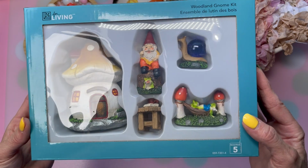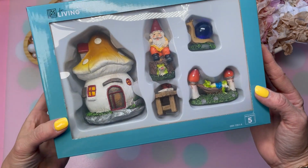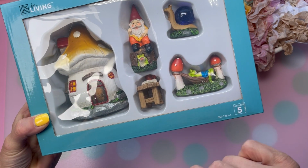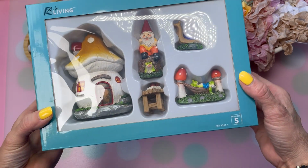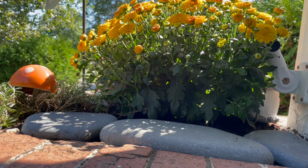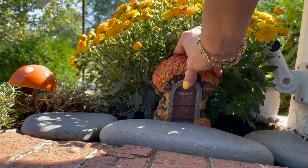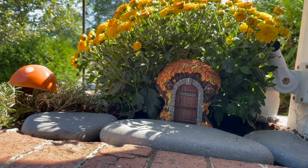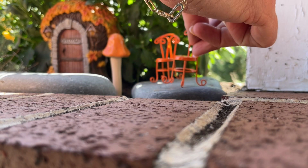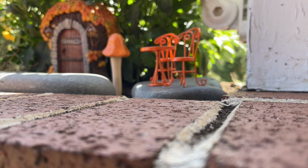Then we have a wooden gnome kit from Canadian Tire. It was $20, and it comes with a little gnome house, a gnome, a snail, this cute little frog in a hammock, and a fun little table scene there. So now that I have all my supplies, it's time to put them in place outside in the garden and come up with my own design and recreate that special sort of magic that I experienced in the magazine, in the Bellagio. And I came up with this beautiful layout of all of the different items that I've placed specifically,